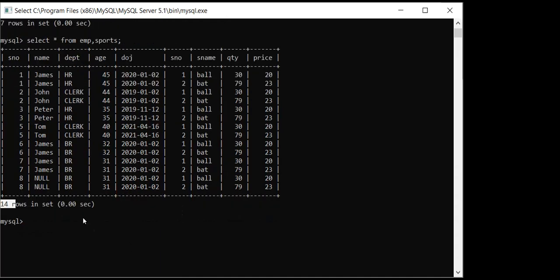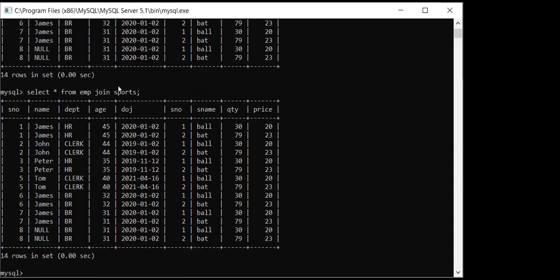You can write like this or you can write like this over here. You can write join sports. Again, you will get the same answer. Here I am writing only join in between. Or if you want to write specifically, you can write cross join. So these are the three methods. You can write either two table names separated by comma, two table names with join clause, or two table names with cross join. Anyone you can use. Ultimately, the result will be the same. Columns will be added and rows will be multiplied.